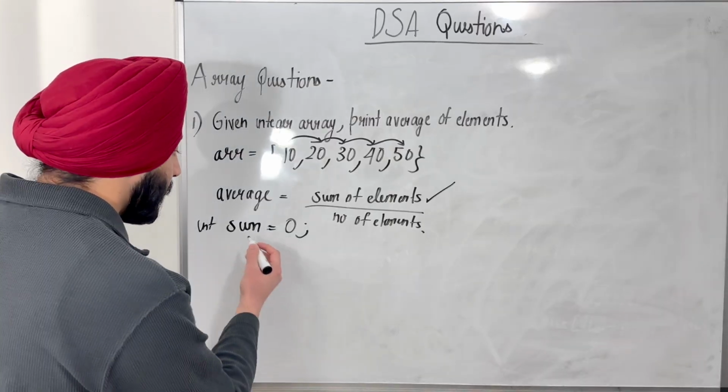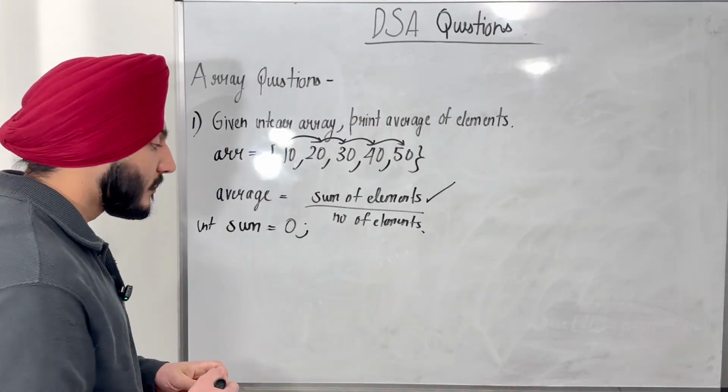How would you write the answer? This is very simple, right? First, I declare an int sum equals 0, right? Then